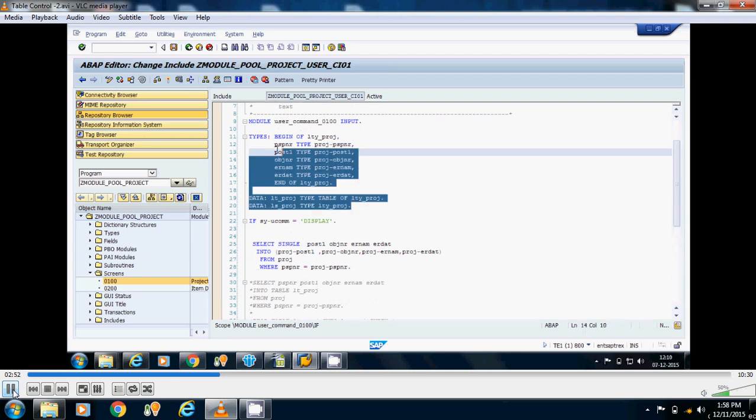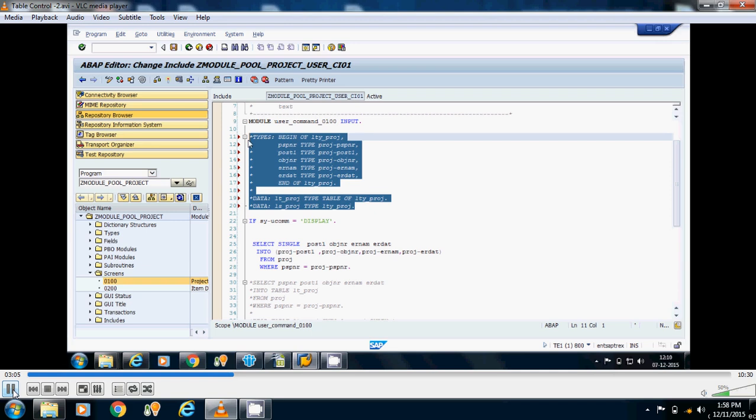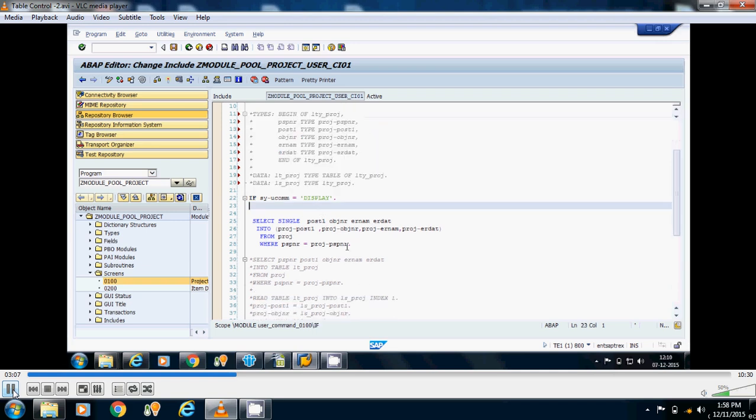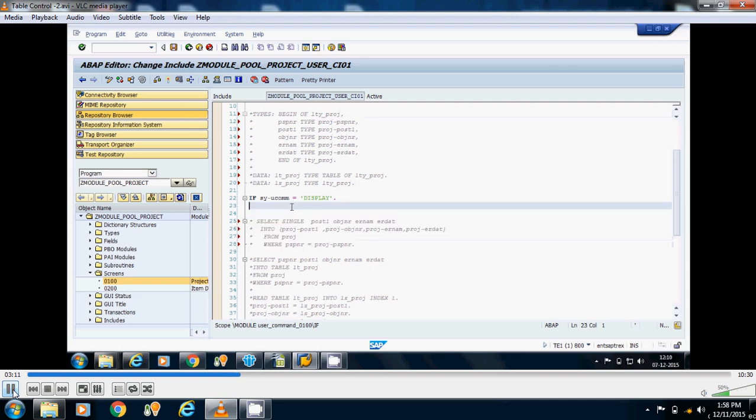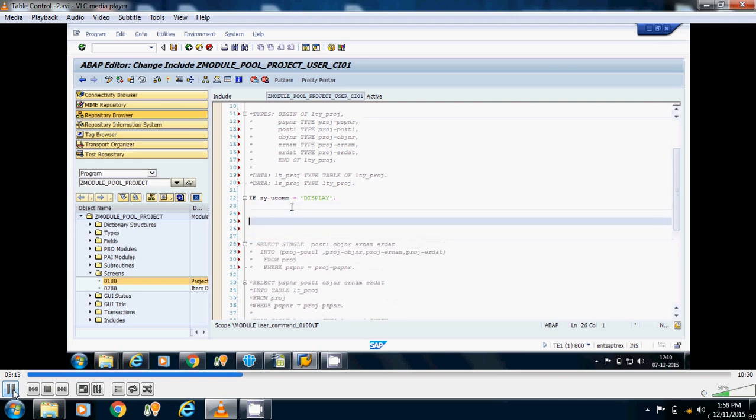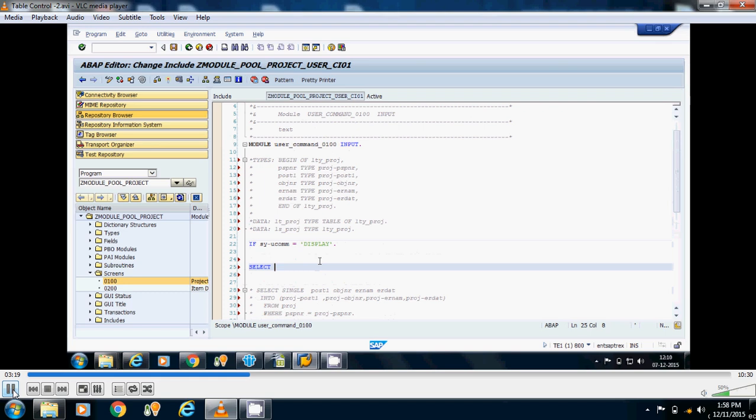Firstly I will write the logic for taking the data from the PROJ table. Then I will write the logic for taking the data from the PRPS table. Now instead of select single, I will take the data into an internal table. So I will write select PSPNR.